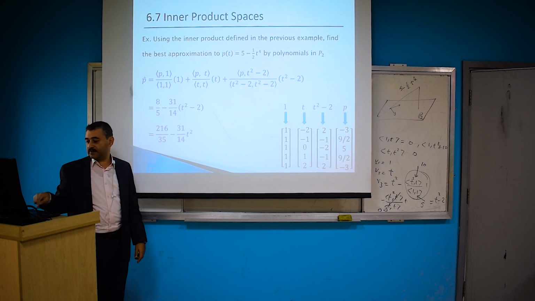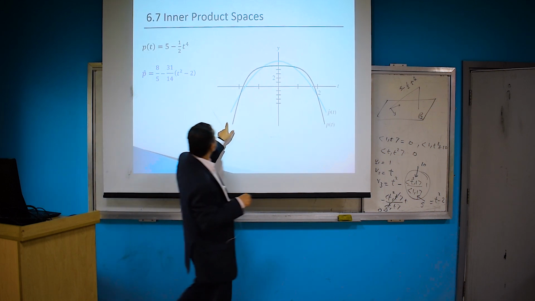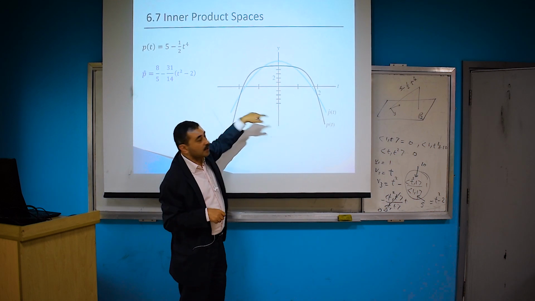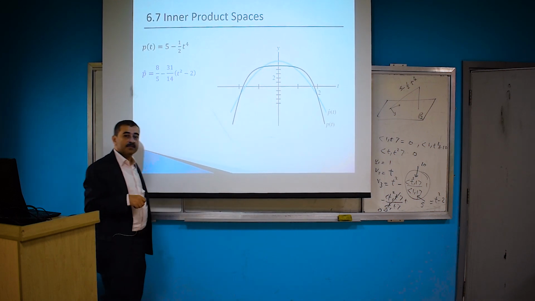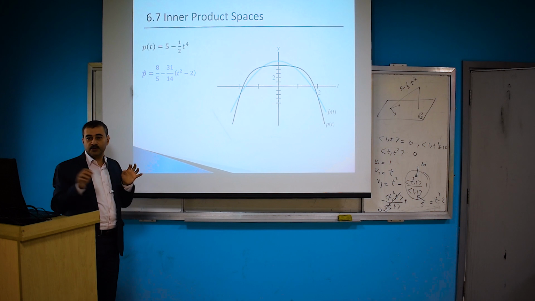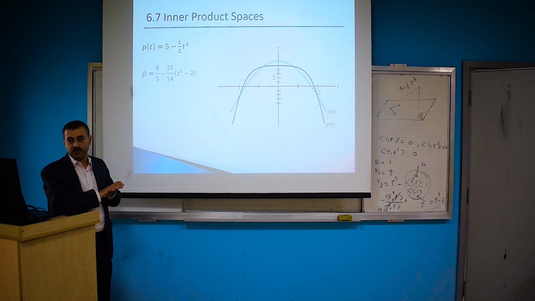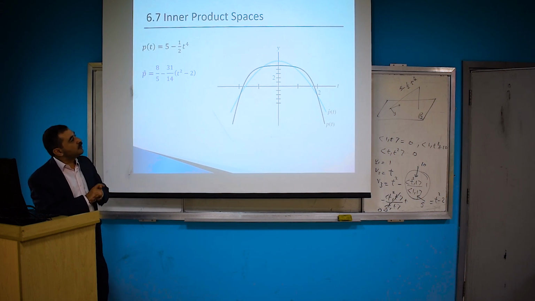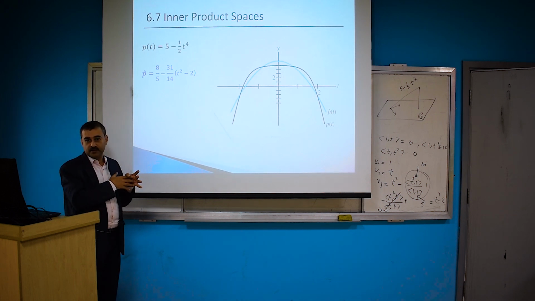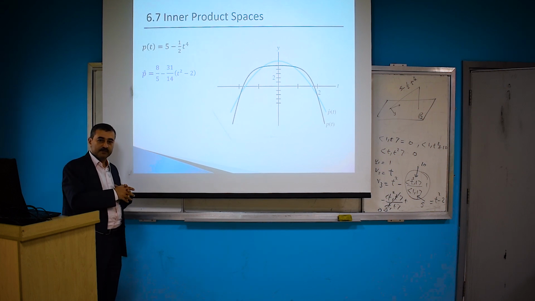That is minimized. If you try to plot these curves, this is the fourth degree polynomial, the black one, and this is the approximated parabola, which is the blue line. So this is the closest in terms of the sample points you choose, which are negative 2, negative 1, 0, and 1 and 2. This is the closest polynomial at these points. So if these guys are the points of interest, then this would be the best polynomial that you can approximate your fourth degree polynomial by a second degree polynomial. اوكي؟